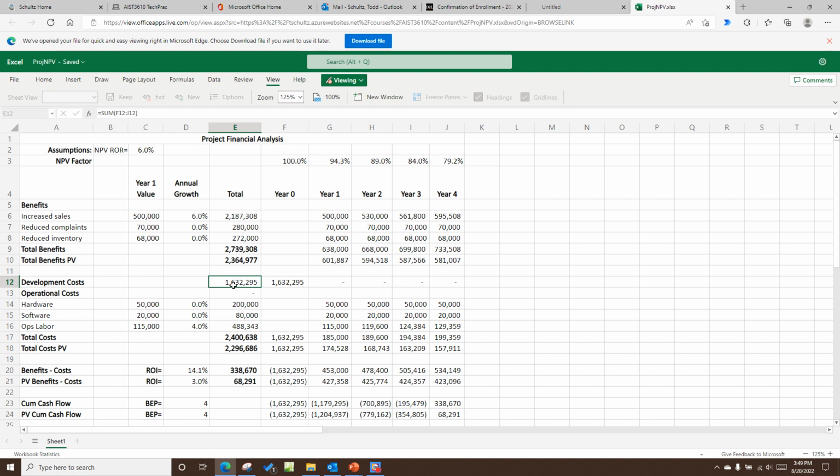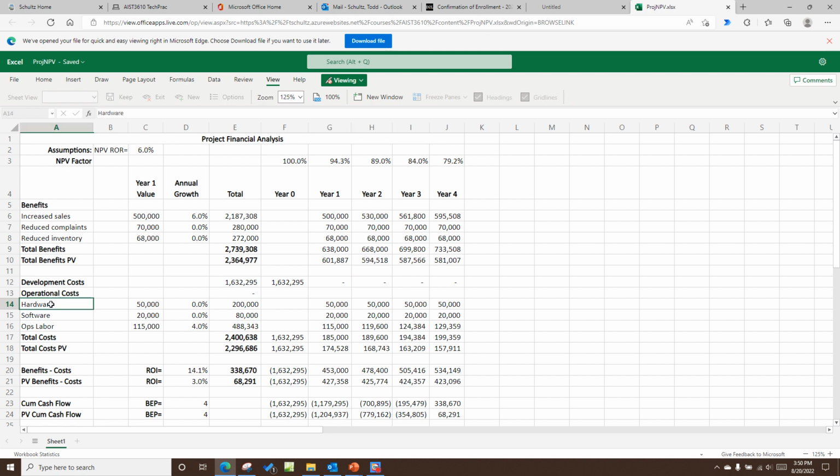So I just left that as a plug number, as a total, and a year zero value, and you can kind of think that's what we invest now, and then we get these returns later. Okay, so I just made that a plug number. No problem with that. It just kind of zeros. I do have a formula there, but it's just nothing there. And then there's the